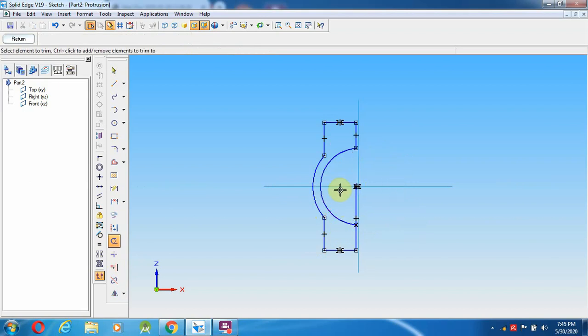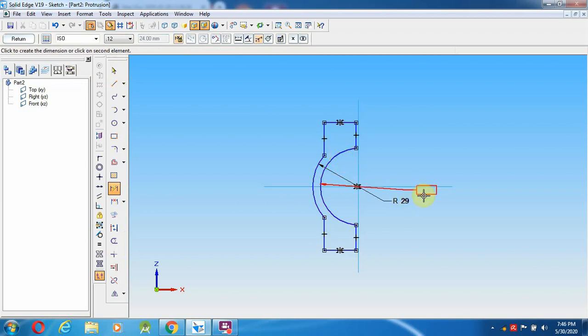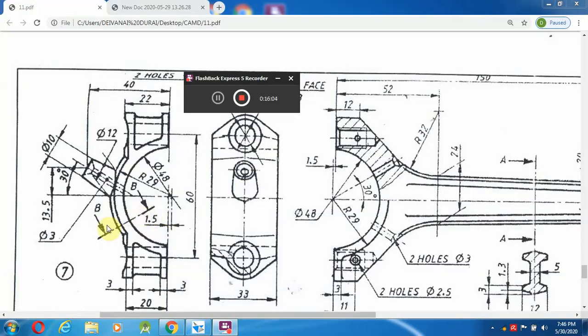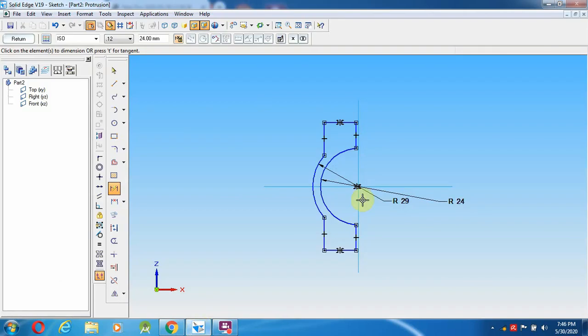So this is the surface I want to make. Before that I am going to check the dimensions of this. So the dimension is radius 29, this is radius 24, so that means 48 mm diameter and 58 mm diameter.